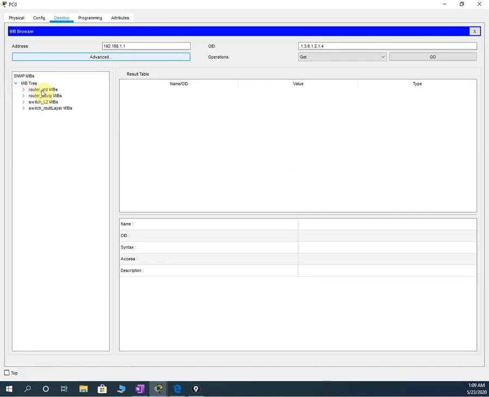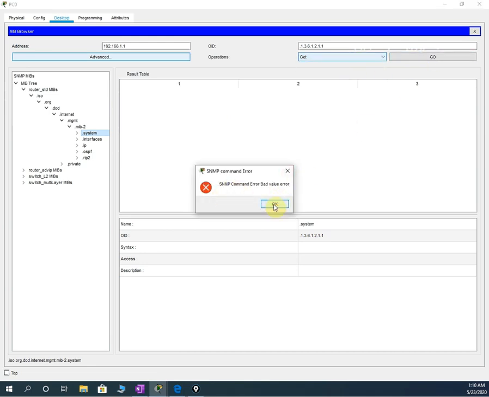We have the router, we have the switch, whatever the vendor defines, we have all of it here. Now, whenever you purchase the licensed version, you will have it like this, with different parameters. I will click this one and see what we have. If you go to interface, and in this management section, we have the system. If I select the system and write get, then click go, it says command error because we did not select the term.